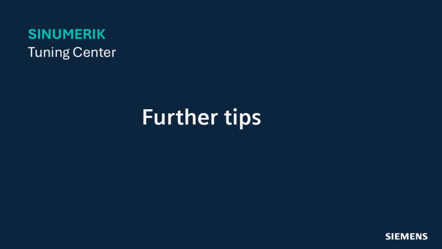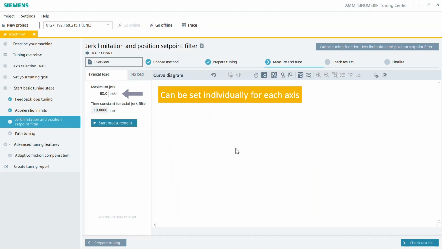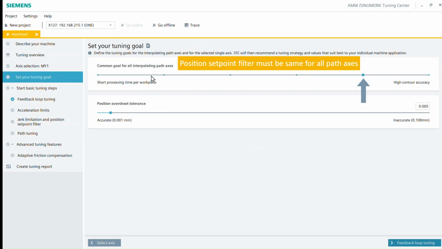As always, here are a few useful tips. Jerk limits can be set individually for each axis. The NC will take these limits into account when calculating the path and generating commands for each axis. Please note, the position setpoint filter time must be the same for all path axes. It should not be tuned individually.